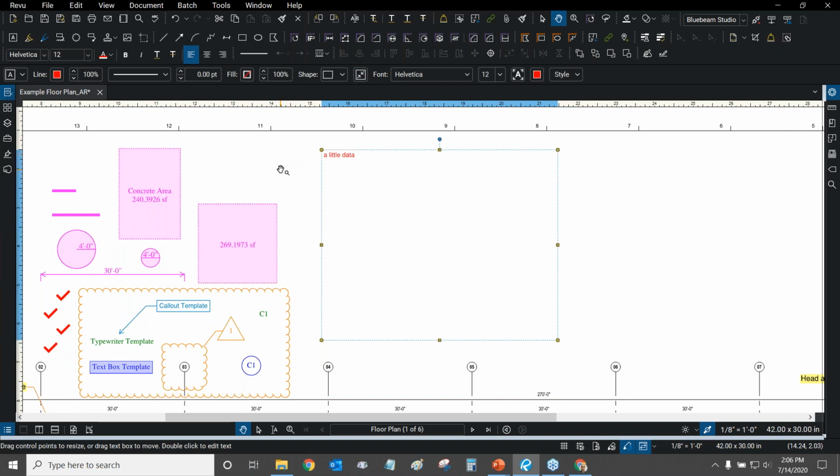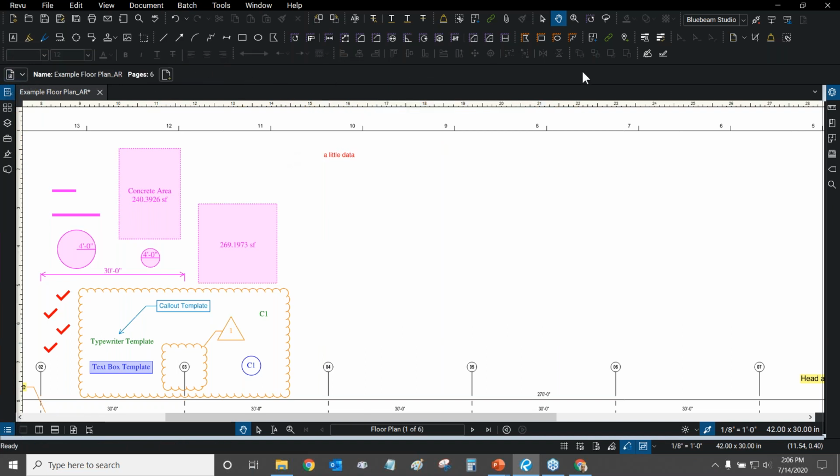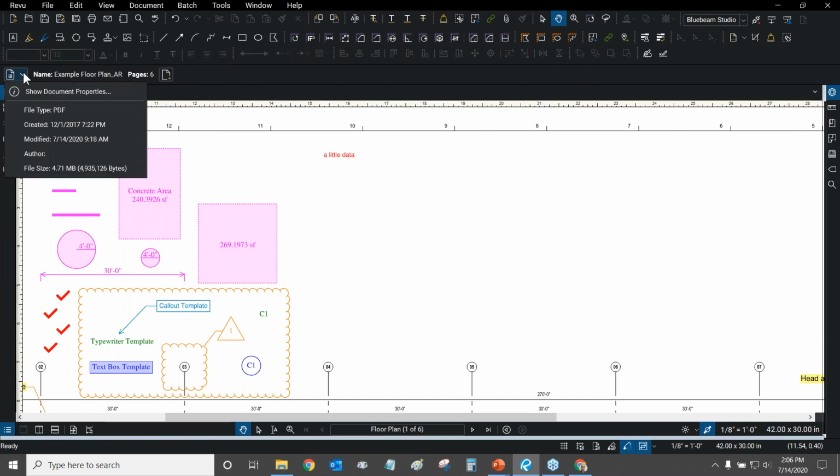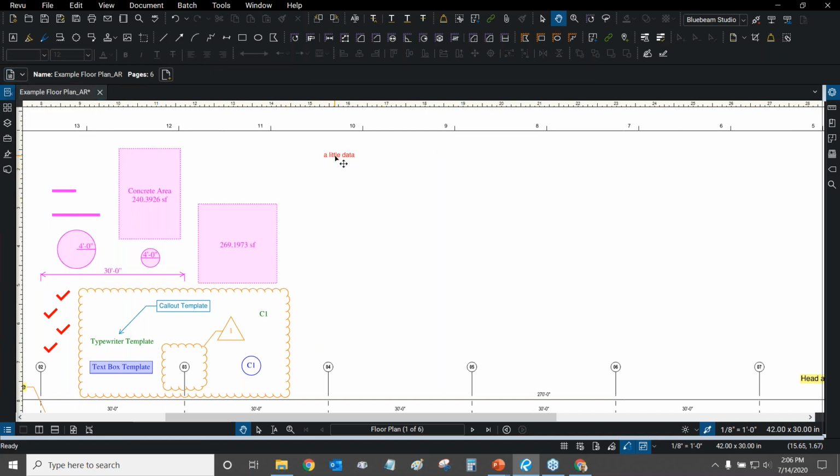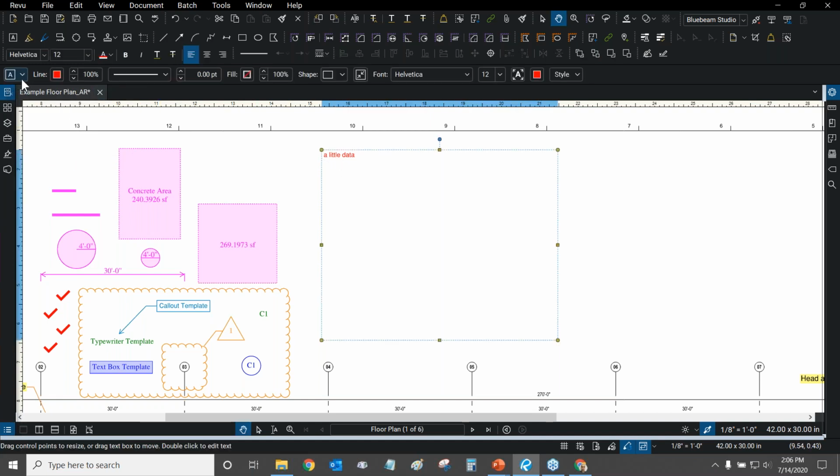So I'm going to deselect this markup, and now this entire toolbar is changed back to the generic one whenever you have a file open. If I select a markup, now I have access to a lot of different properties that allow me to change the markup. Not every single property is here, but most of them are. So now I'm going to auto size the text box, and there we go. Now I have allowed my text to fit the text box, or allowed the box to fit the text.